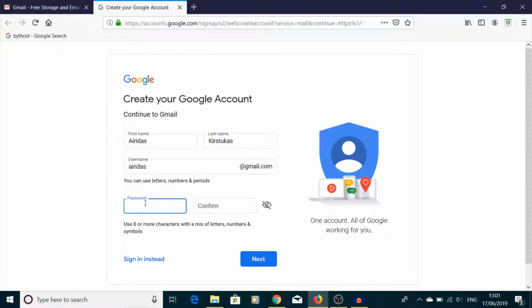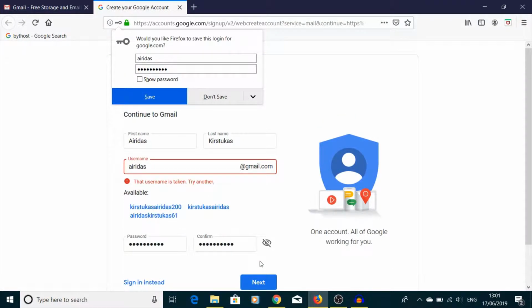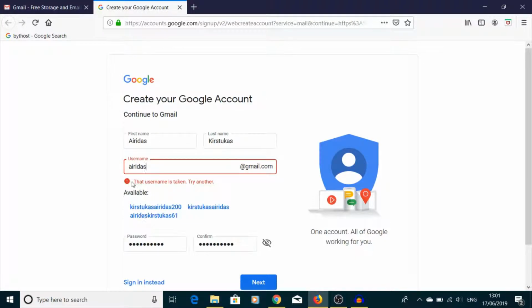Okay, so let's type the password. Okay, and confirm. Let's press next. Bam. And Firefox is just offering me to save. This time I'm gonna say don't save. And then it's saying that the username is taken, try another one, and it's showing available ones, Kirstuka Iridas 200,